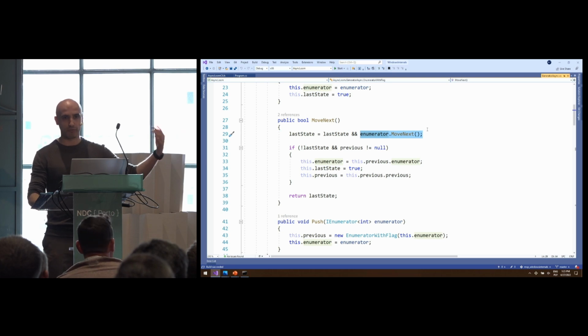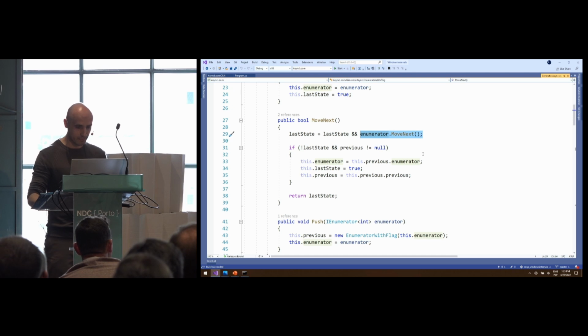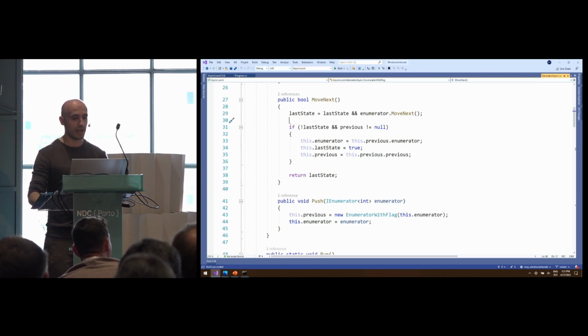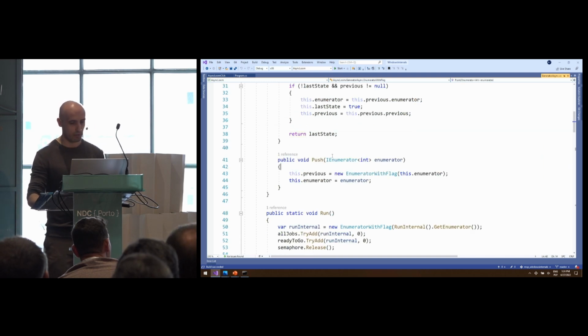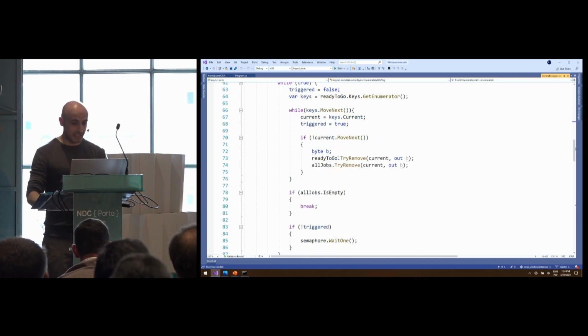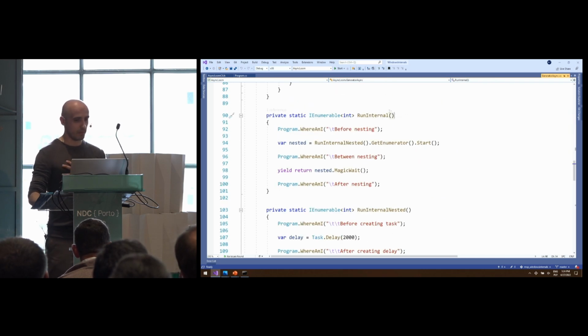If we've seen this move next method with the for loop, for instance, we are basically calculating the next integer, right? If there is nothing which we calculated, then we try unstacking. We check whether we were a stacked enumerator and we remove it from the top of the stack, or we can obviously push something more on the stack. We'll see that in how we are going to implement the run internal.